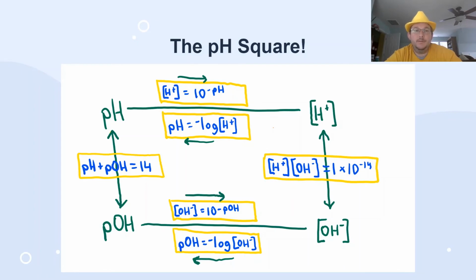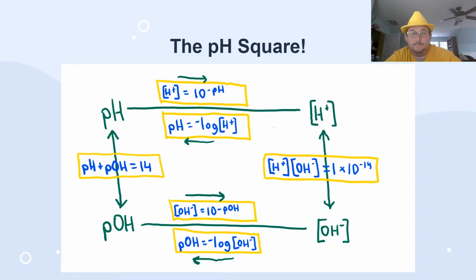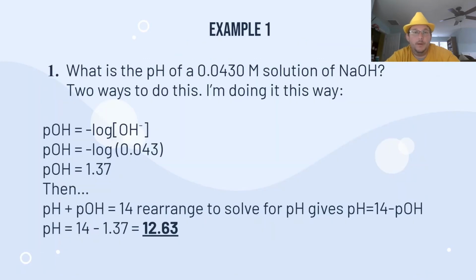So the purpose of this square, just to be clear, is to go from one item to another, but it's also to be able to spot the route that we could take. So, for example, if I'm given pH and I want to find the hydroxide ion concentration down here in the bottom right, I could go one of 2 ways. I could go across the top and down, or I could go find the pH to the pOH and then the hydroxide ion concentration. So in example problem number 1, we have a solution of NaOH that has a concentration